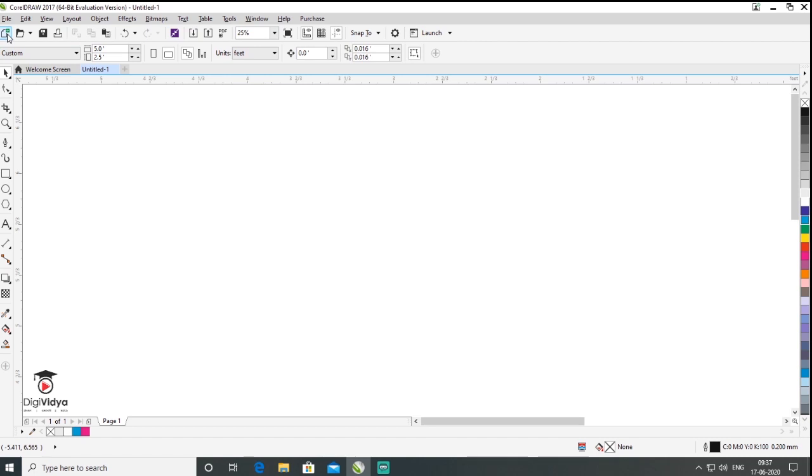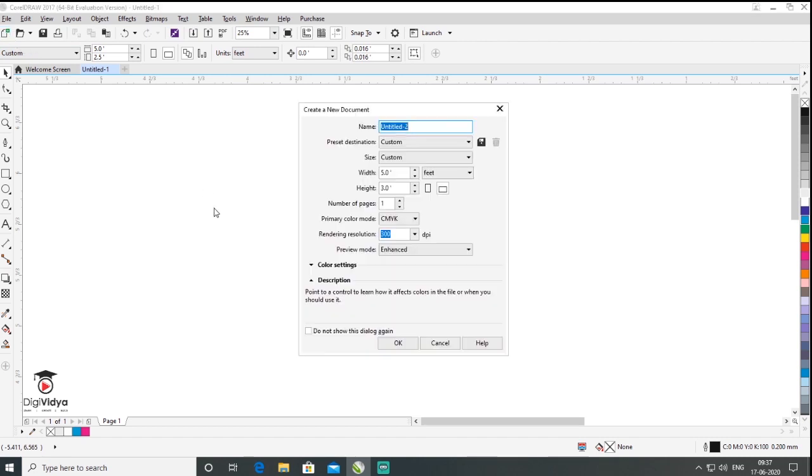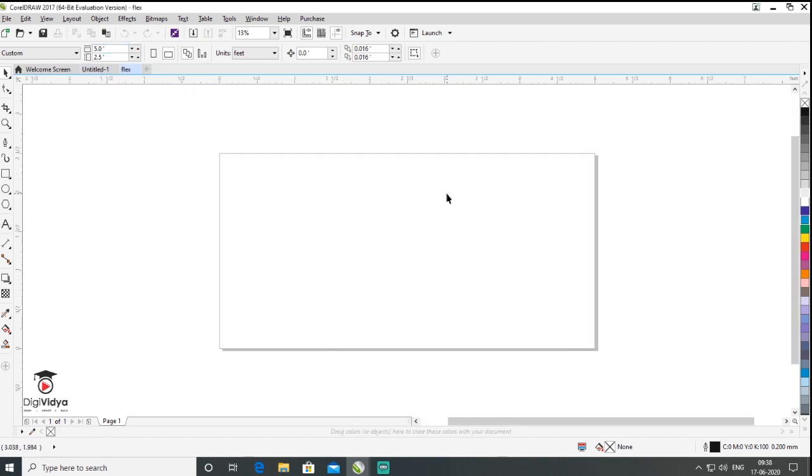So today we make a flex banner designing for DG Vidya. So I go to new file. So I want to make a new workout area. So I change the name into flex and my width is 5 feet and 2.5 feet is my workout area